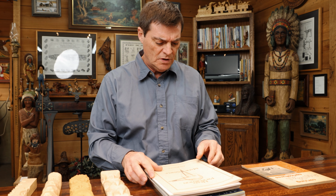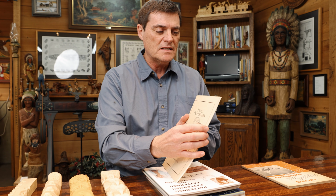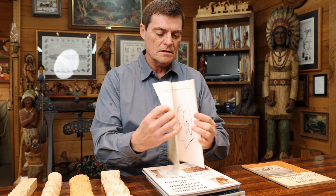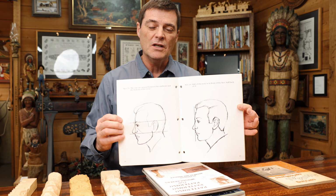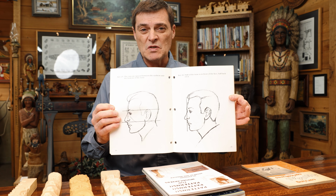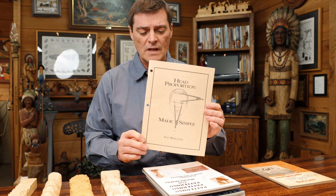The second book I recommend is Ivan Willock's book, Carving the Head Proportions. And again, it has a great detailed look showing the different proportions from the ears to the eyes and how everything should be going in the right perspective. And so you can get this through Chris Willock, the Whittling Shack, and I know that he has some of